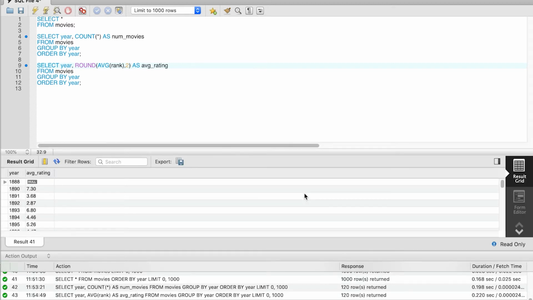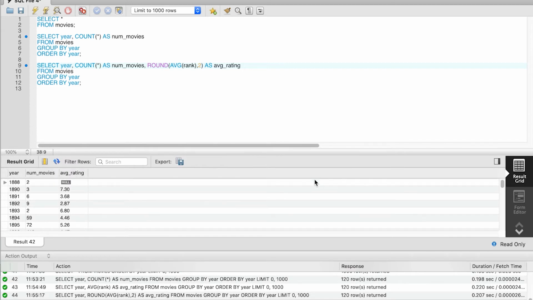In our query, we have replaced the count star aggregate with the average rank aggregate. In reality, there is no reason to delete the count star aggregate, and actually we can keep it together with average so that we can compute both aggregates at the same time. So let me go back and add back the count star. I'm going to select statement and I add count star as num movies. And now notice that we have the number of movies and the average rating for these movies combined.